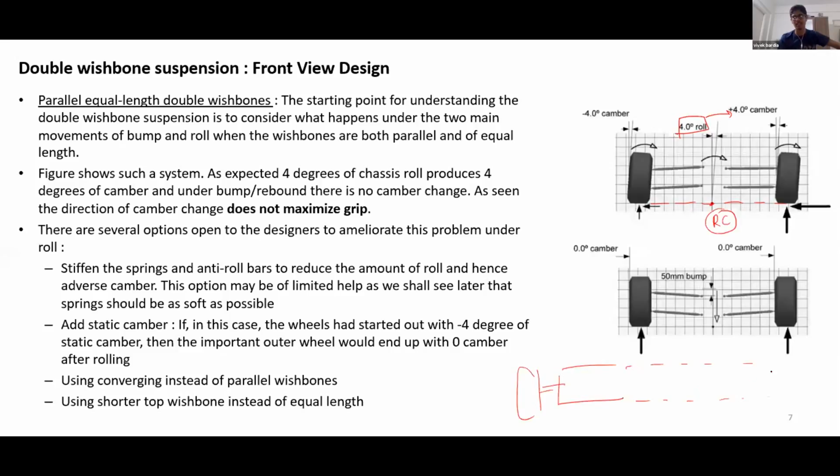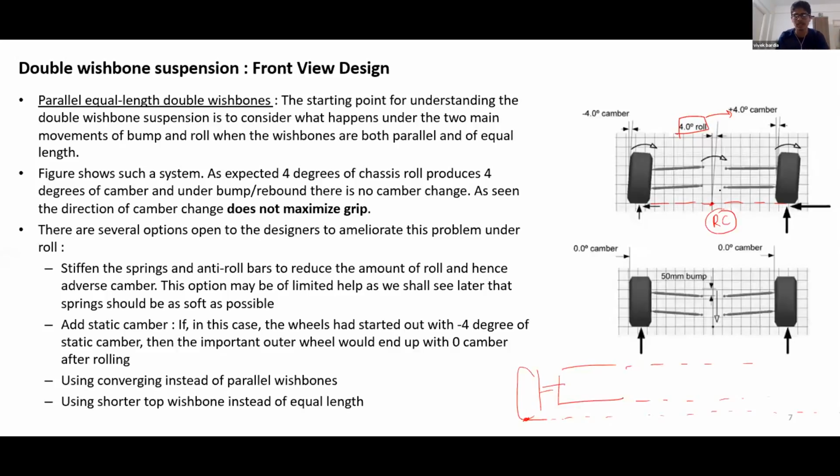Since the instant center is at infinity, when you join this line from the tire contact patch, it goes to the roll center, which is again very, very far away. So your roll center is at the road level itself. This is just the logic behind why the roll center is at ground level for a parallel